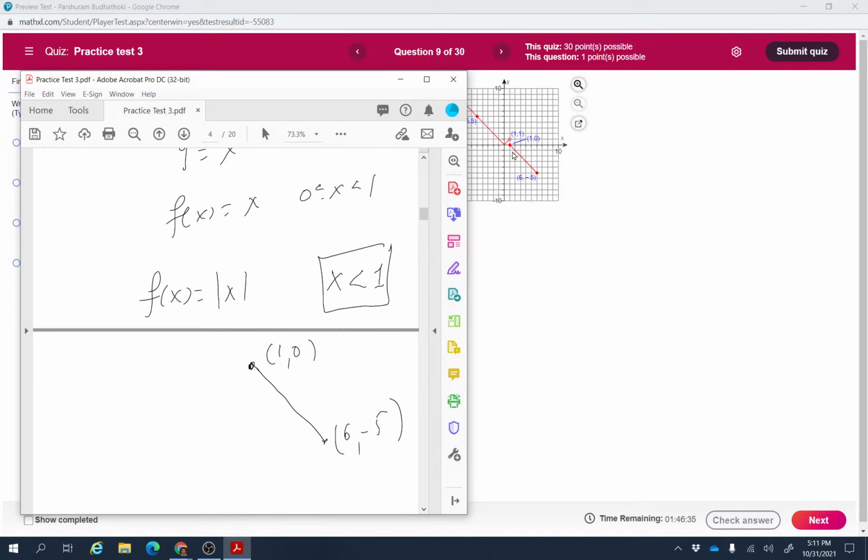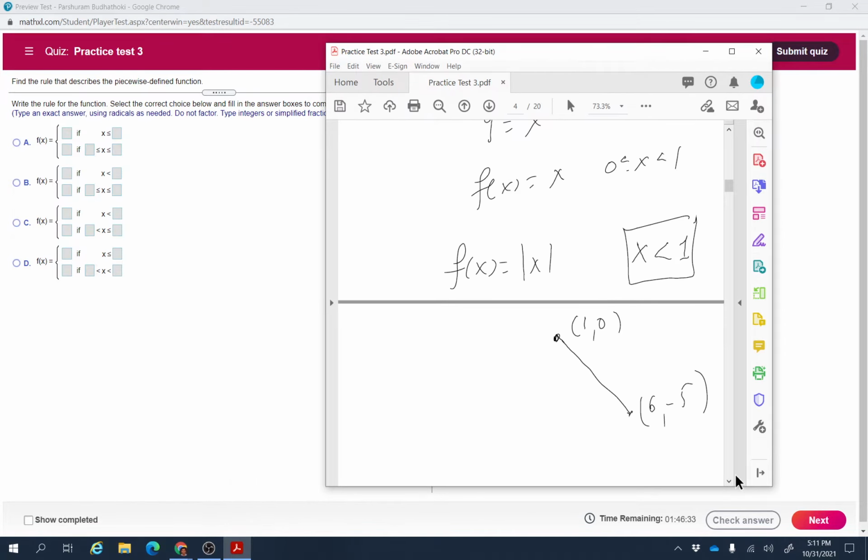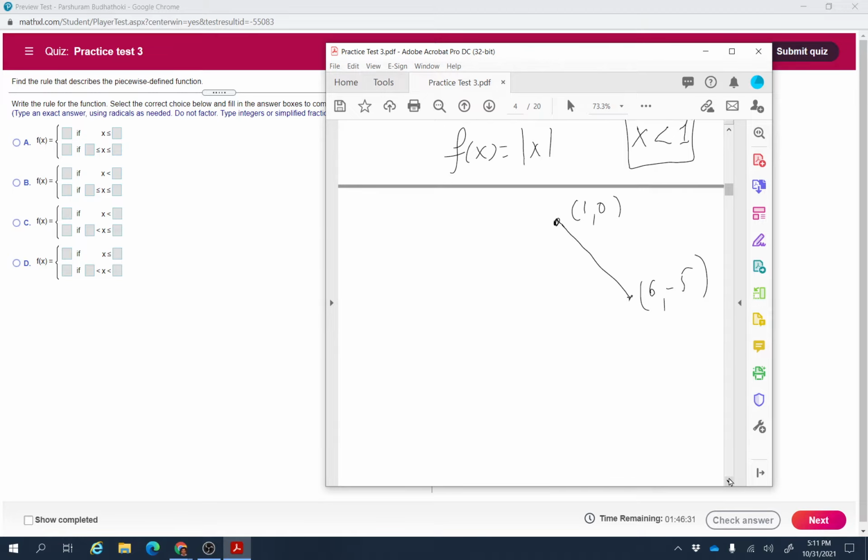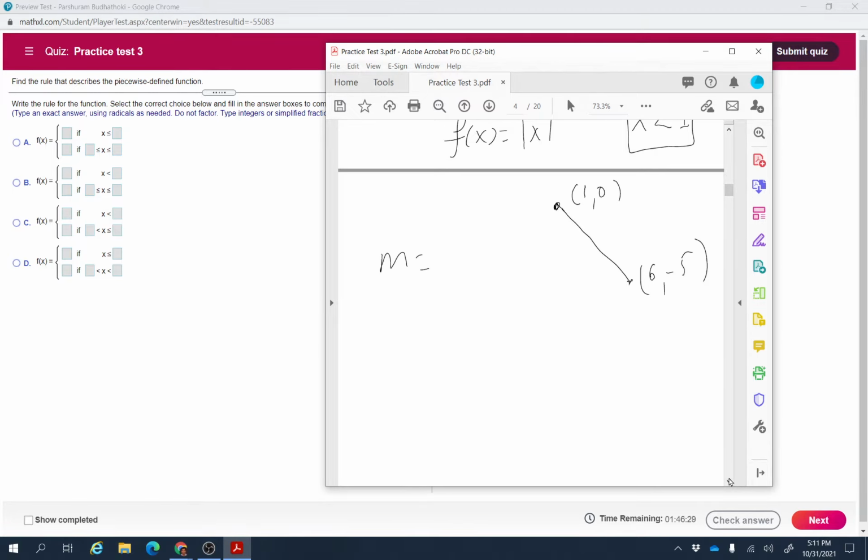We need to find the equation again, and for that we need to find the slope, which is y2 minus y1, 0 minus -5, over x2 minus x1, which is basically 5 over -5, which is -1. So the equation of the line one more time, which is y minus y1 equal m times x minus x1,